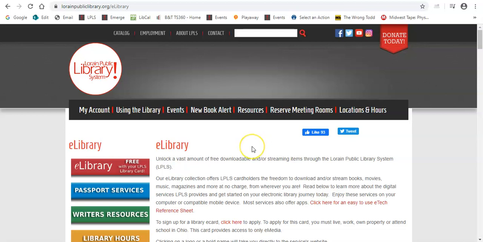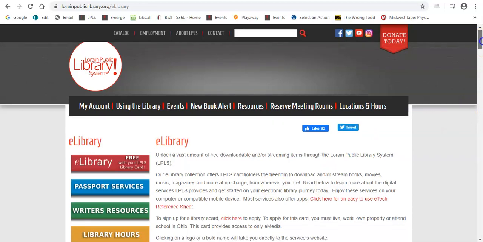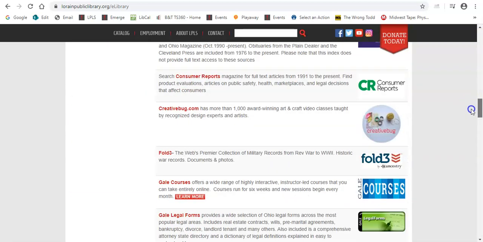If for some reason you don't already have a library card with us, you can go ahead and click here and you'll be able to apply for a free e-card. Again, you do not need an e-card to access these resources. Your regular library card works fine, but if you don't have a regular library card, you can click here. So all of our resources are in alphabetical order, so we're going to scroll down to Lynda.com,